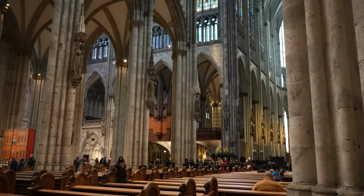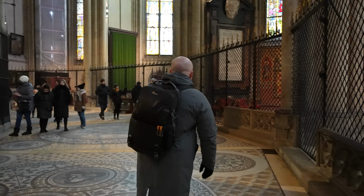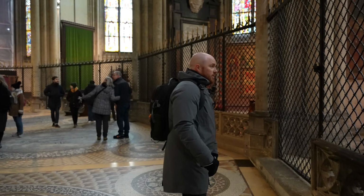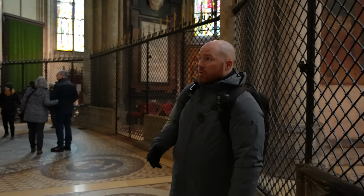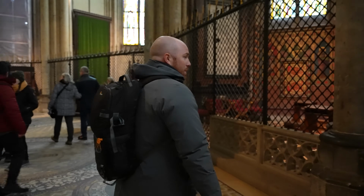We might walk around the outside. There are some pictures to see of, like, I think what it looked like before and after World War II. Obviously, this is what it looks like now. And it's nice. It's free to just kind of come in here and walk through. There are some other things that you can do that are an extra cost, but